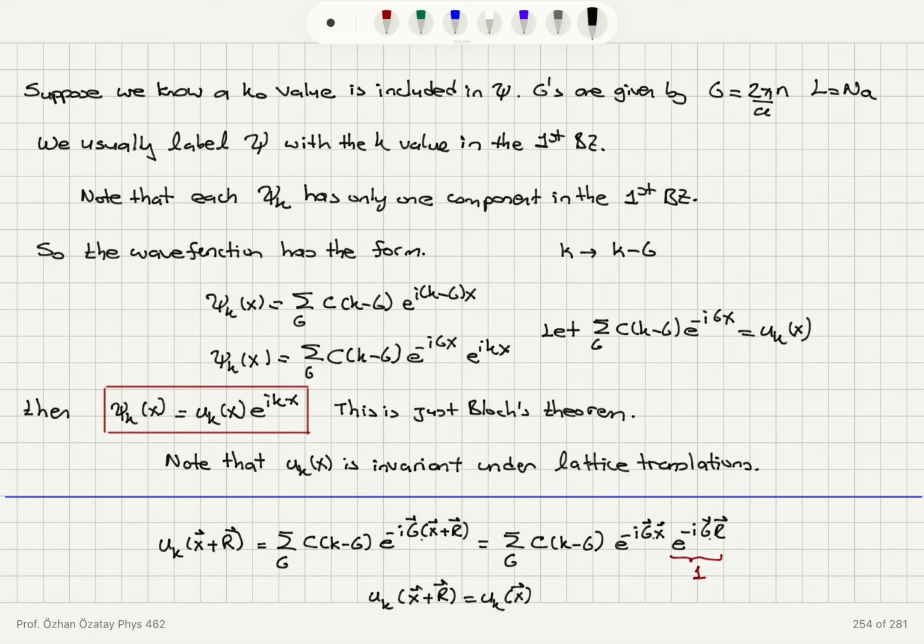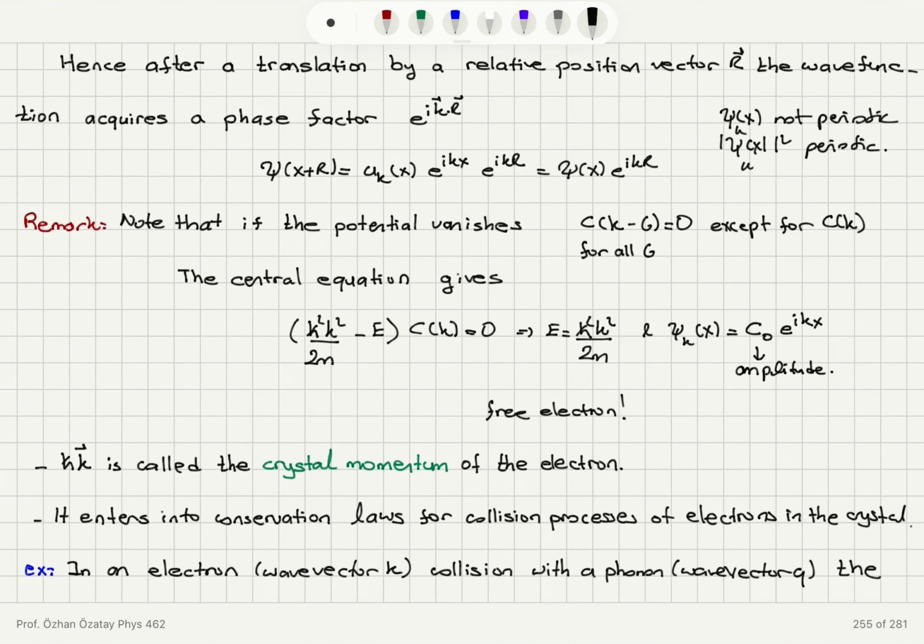Because we have all k values written in terms of k minus G or k plus G, we can write the wave function as a sum over G of c of k minus G e to the i (k minus G) x. And that basically proves Bloch's theorem, because we identify our modulating function, a sum over G of c of k minus G e to the minus iGx,